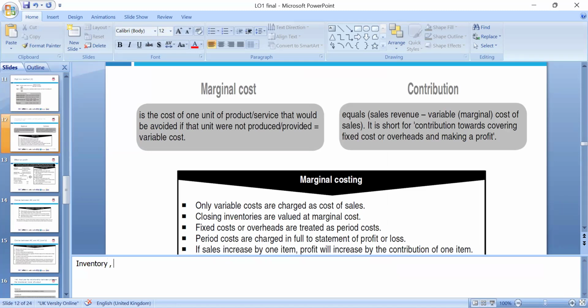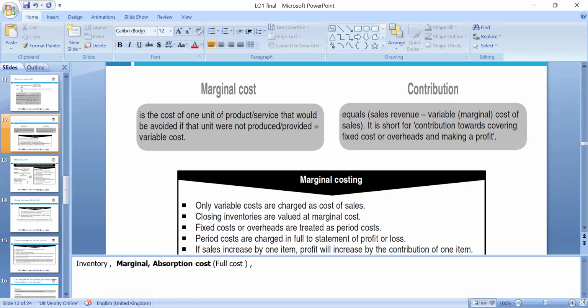So we have two different costing methods. One is called marginal, the other is called absorption cost. Absorption costing is also known as full cost. So in the total cost, we can observe it, which we'll go through. I'm not really touching a lot on absorption costing because that's not given in your syllabus. But the marginal cost is the cost of